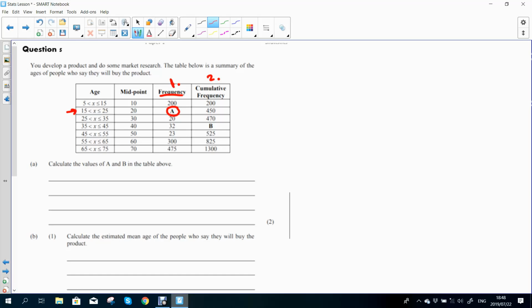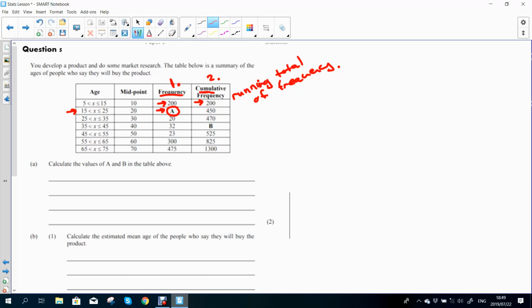Let's move to cumulative frequency. What does that mean? Cumulative frequency is the running total. It's the running total of my frequency. In short, I'm taking the frequency and I'm accumulating them, and as I'm accumulating them, I'm adding them. So let's check this. The first one says 200. So what's the cumulative frequency? 200. Awesome. Now, 200 plus A.